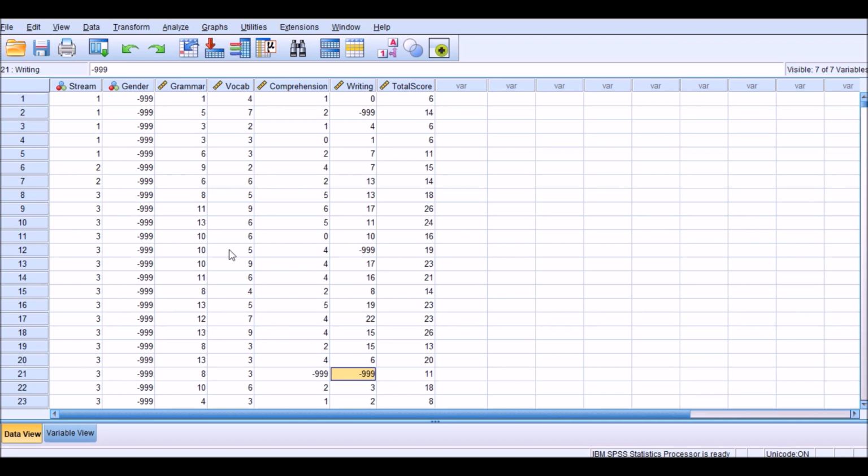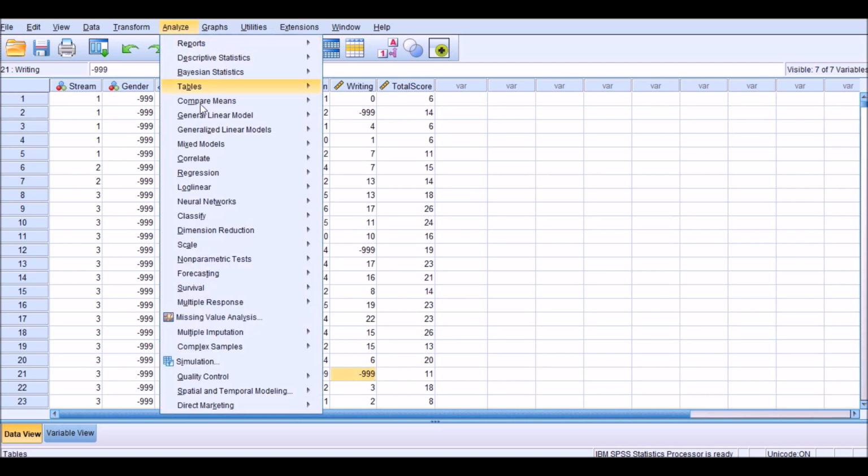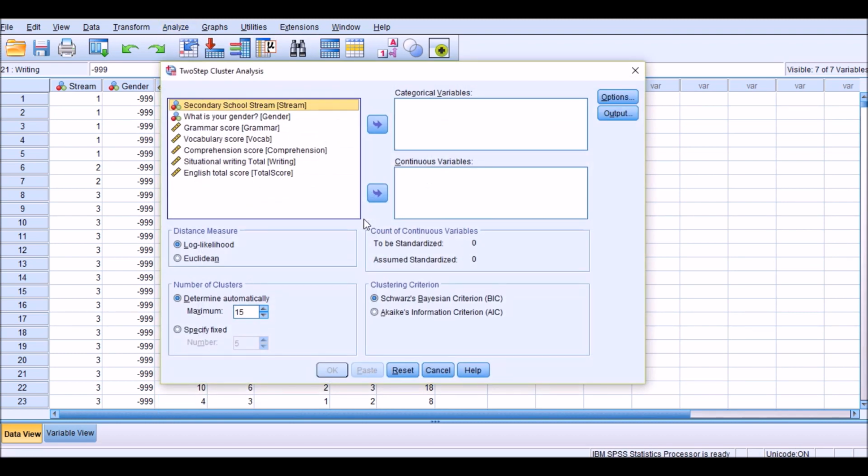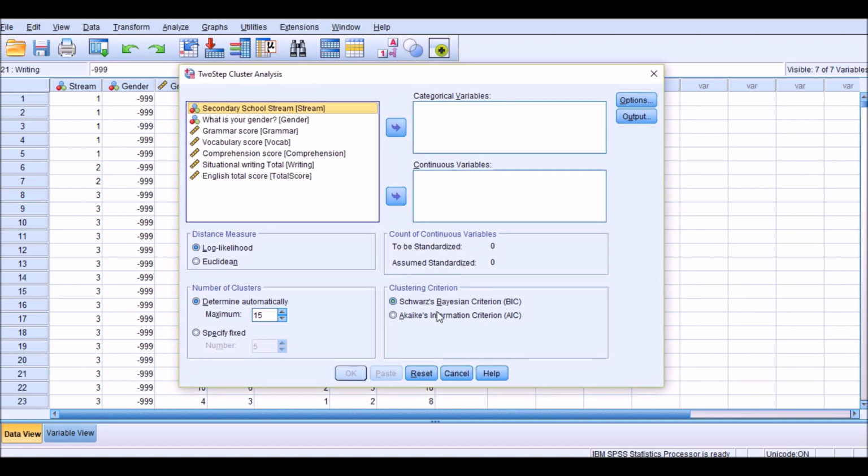Okay, for clustering analysis, you need to go to Analyze. Under Classify, you'll see there are a bunch of options here. Today we just talk about the two-step clustering. Click on this and you'll get this